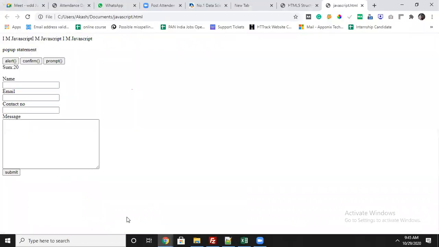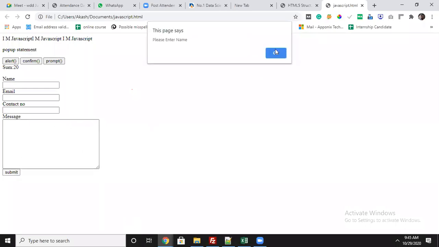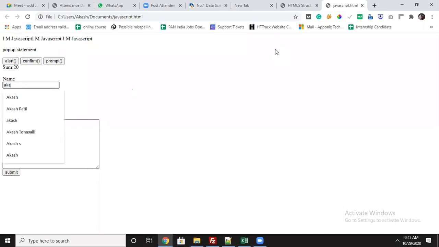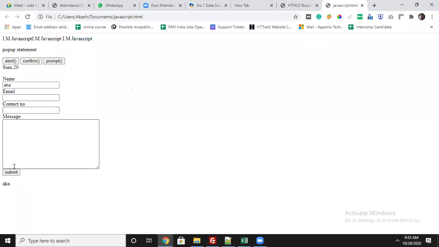Let's see, I will refresh. You can see without submitting, it's coming here. I will write the name here. You see, if the value exists and I submit, the value is coming in the output because I am passing that in the else case. In the else case, what happens is if it's not empty, it will produce the output. Means if checks only one condition, if else will check both yes or no conditions. Either yes will do, or no. If more than two cases are there, what needs to be done? In these cases, you have to use the else if ladder method.